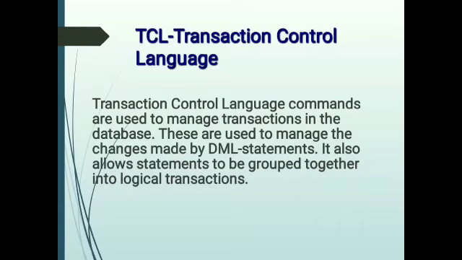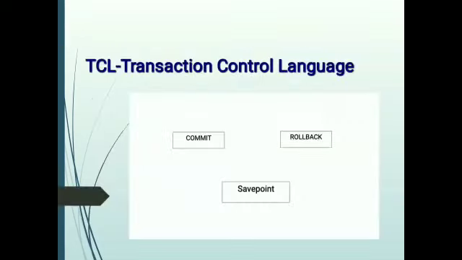When we perform operations on a table with the help of DML statements, that is, if we insert data into a table, if we delete data from a table, or if we update data in a table, these operations are not permanent. So in order to apply these changes in a table permanently, we have to do something. And so we make use of TCL commands. So basically TCL helps to control transactions in a table. There are three commands present in TCL, which are rollback, commit and save point. Let's see one by one.